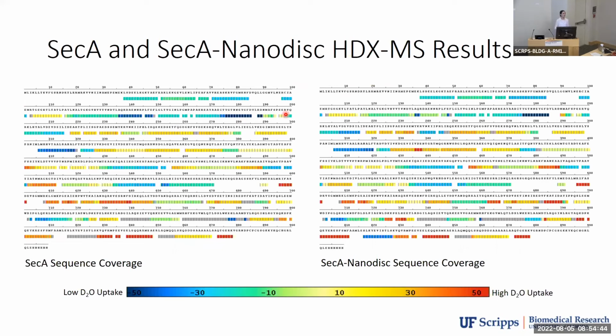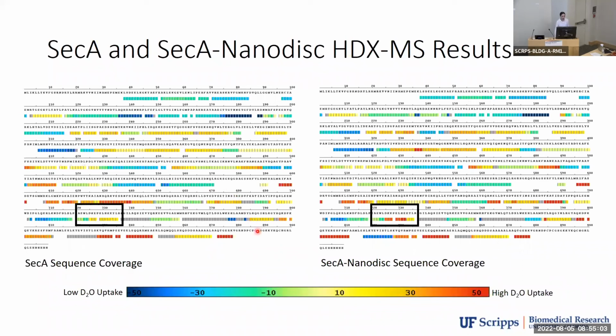Cooler colors indicate regions of SAKE that had a lower deuterium uptake, while warmer colors indicate regions with a higher deuterium uptake. As you can see, these sequence coverage maps look relatively similar. However, there are subtle conformational changes that we notice. For example,